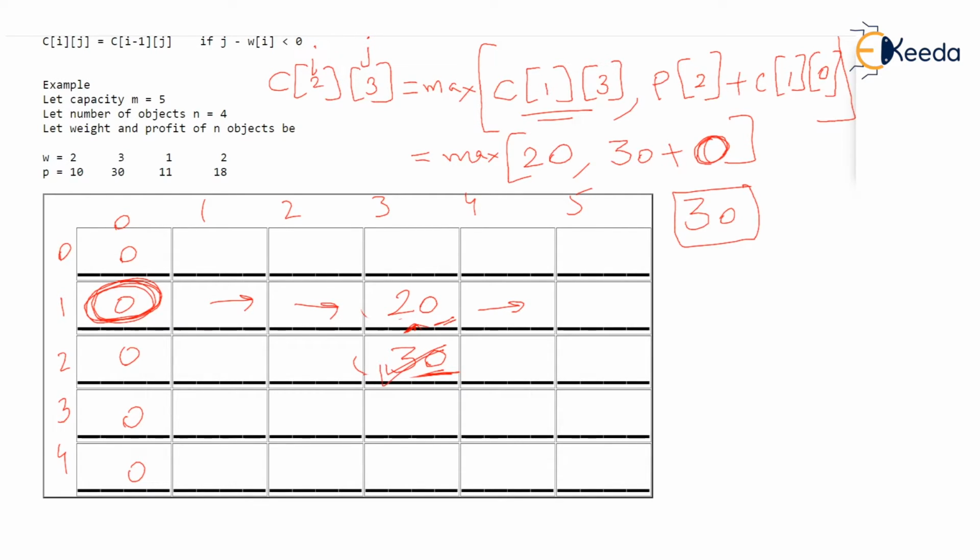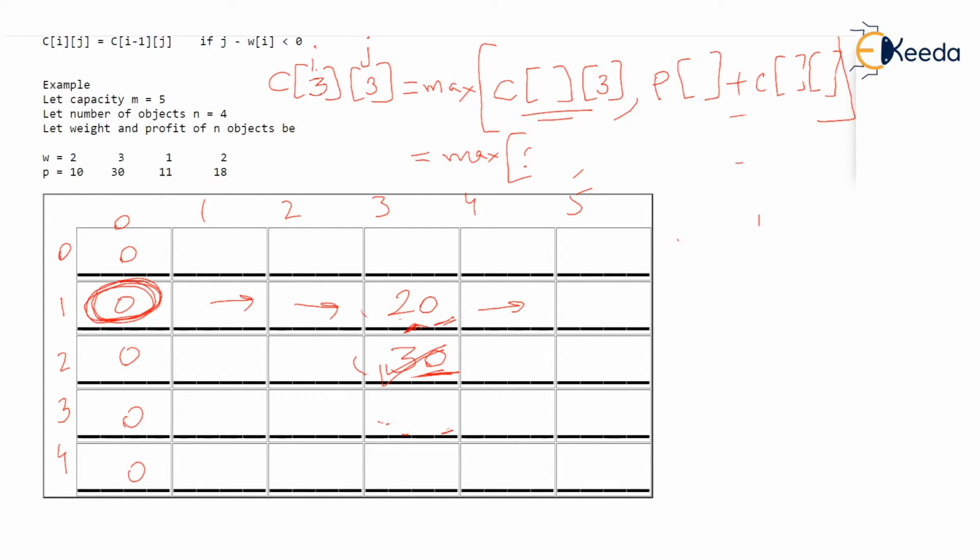Okay, let's find out what will be the value of C33. Let's see. What is the value of C33? C33 means we are allowed to add any of the first 3 objects. The fourth object should not be taken because we are talking about the third row, and the knapsack is given having capacity of 3, not 5. Now, when you are finding C33, obviously a few elements will change in the formula, as I will do here. So I is 3 and J is 3.